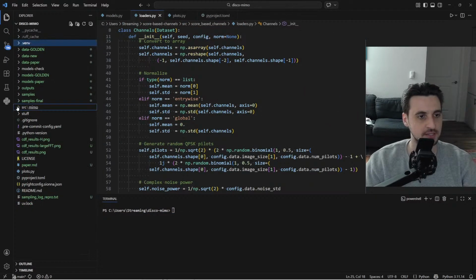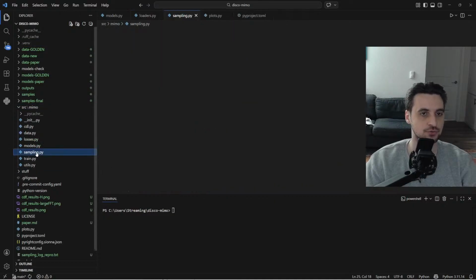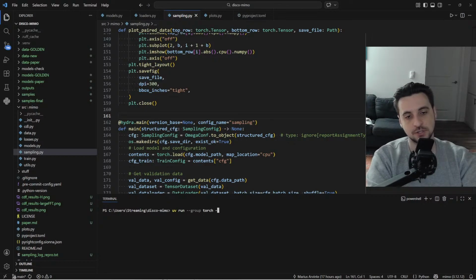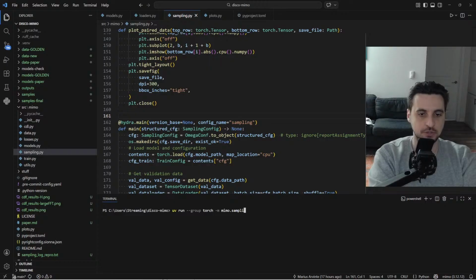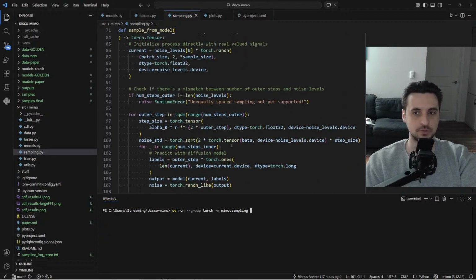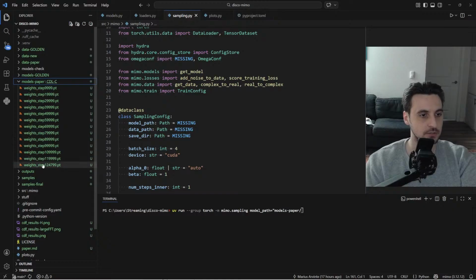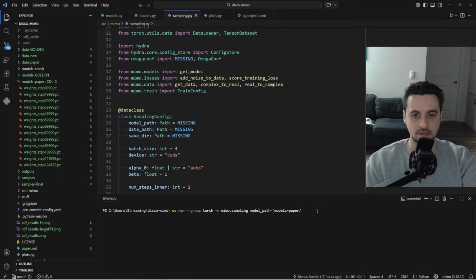Let me run some sampling with the model we just trained, so we have some of the data. Now this is easy, of course, right? Because that's the whole point. So uv run torchrun -m MIMO sampling. Let's see, where is the model path? We just trained the model for the paper, so we'll say model path equals models minus paper, and we'll take the last weights. Okay, so we will take weight step 120